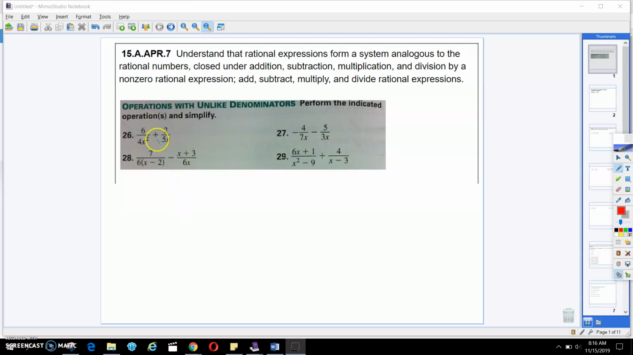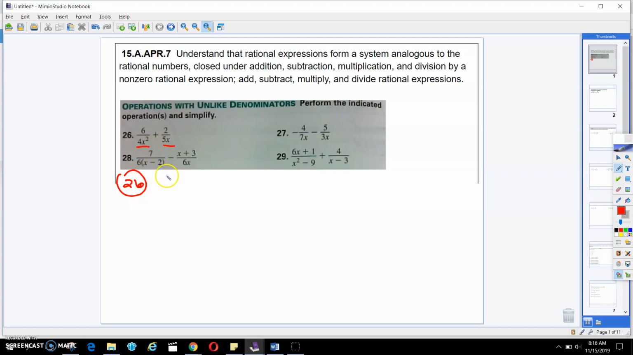So up first, we've got AKS 15. This is adding, subtracting, multiplying, and dividing rational expressions. For instance, on number 26, it wants us to combine like terms. And what you're going to have to do is you want the denominator to